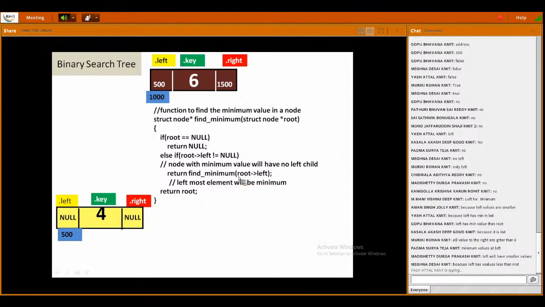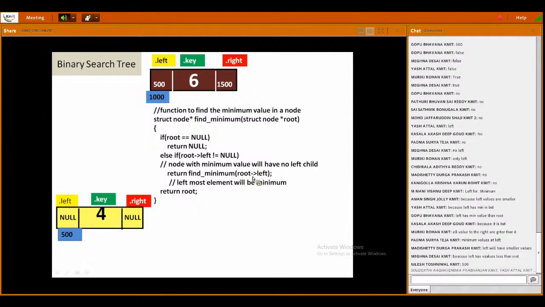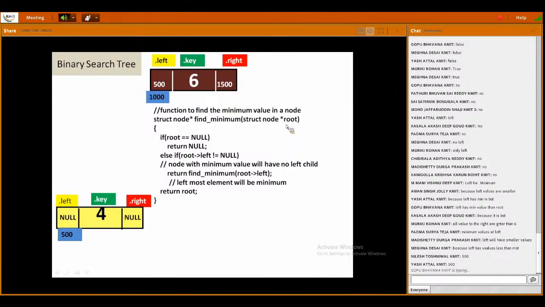What am I passing here? 500, right? I call the same function with 500. So 500 not equal to null, true. So the return value,